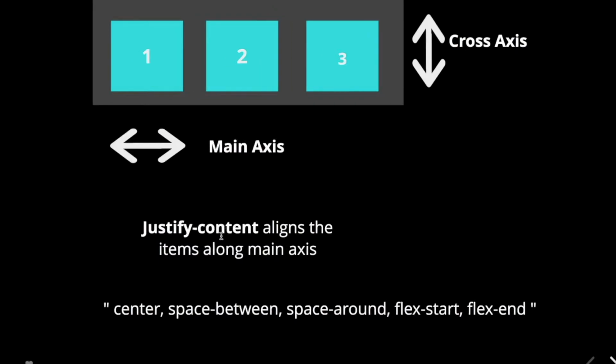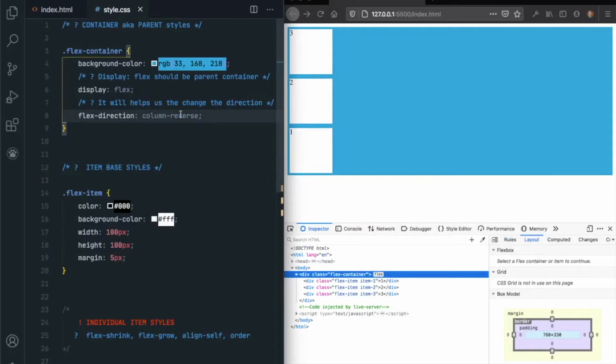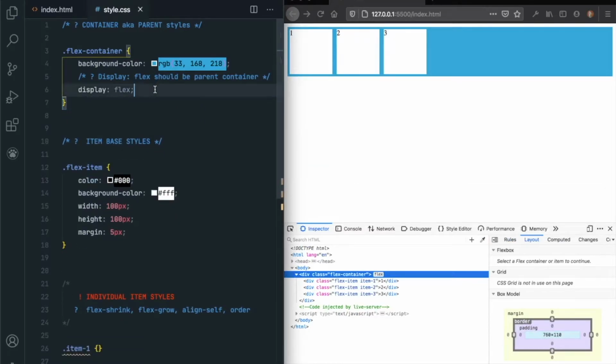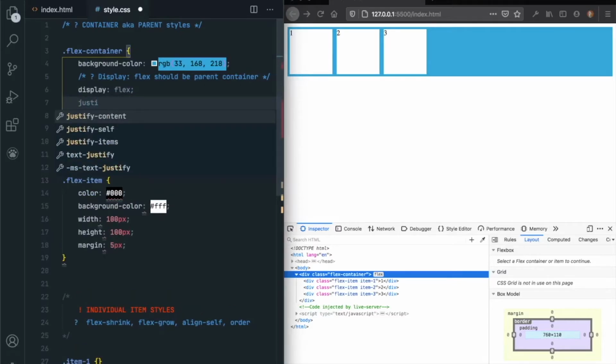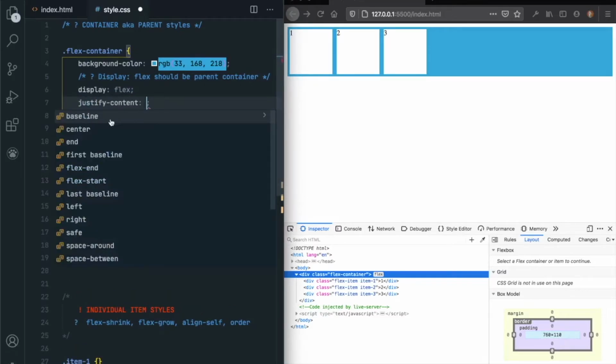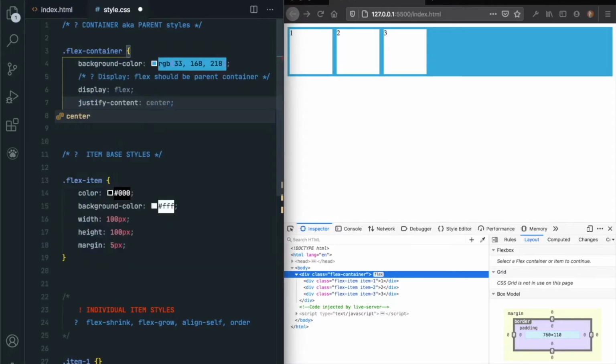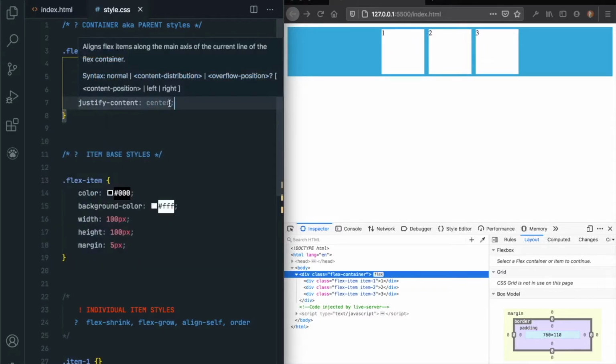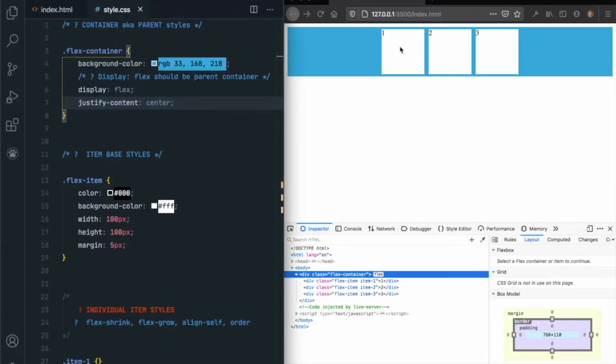Now let's move on to our code. Now let me delete these two lines, and I will add this at the end of the session. Now let's move on to the property which we have seen, justify content, and let's set this value as center. As soon as we set the value as center, you can see here, right, these items are set to center along the main axis. You should keep this in your mind. Now the main axis is from left to right and the cross axis is from top to bottom. So the items are aligned along the main axis.